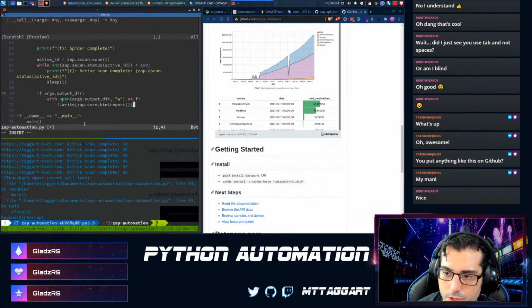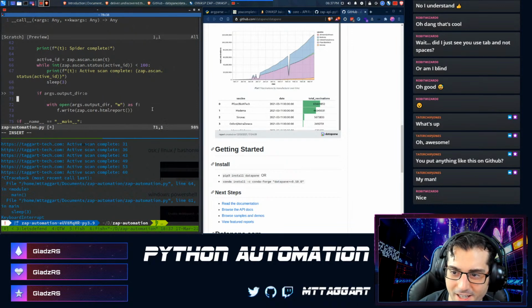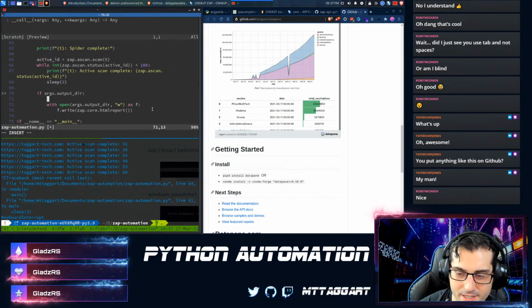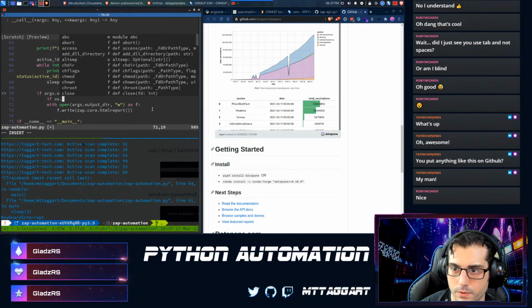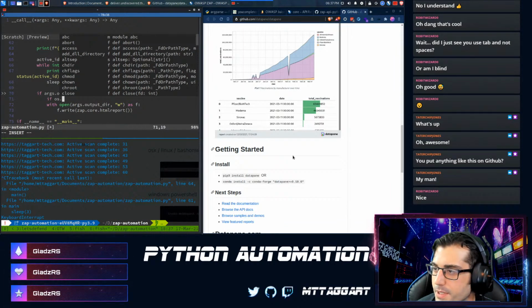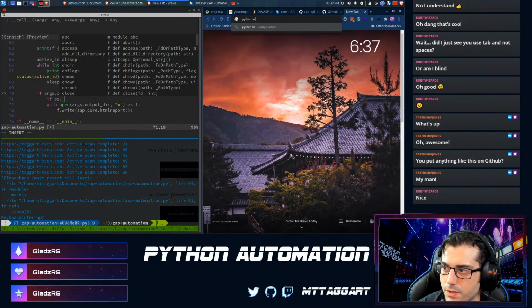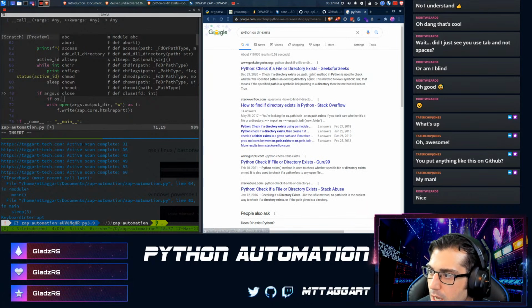But for now, let's just do the lazy version and get this HTML report. And we're also gonna check to see that the output dir even exists. I always forget what this is. Python OS dir exists. What is this? Yeah.